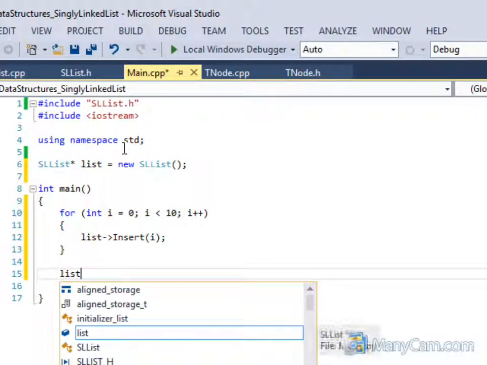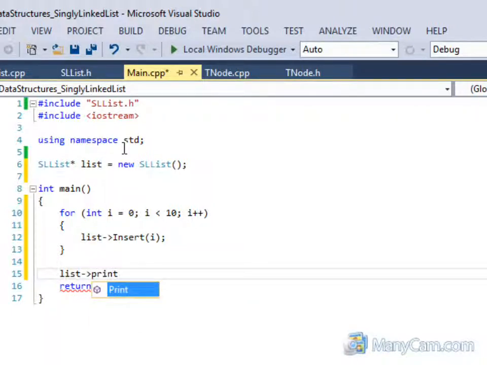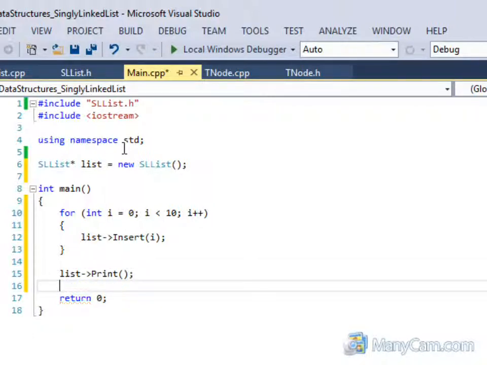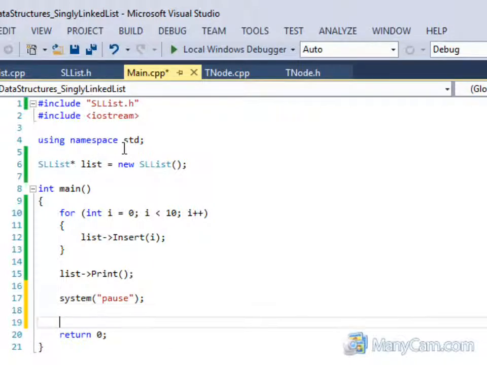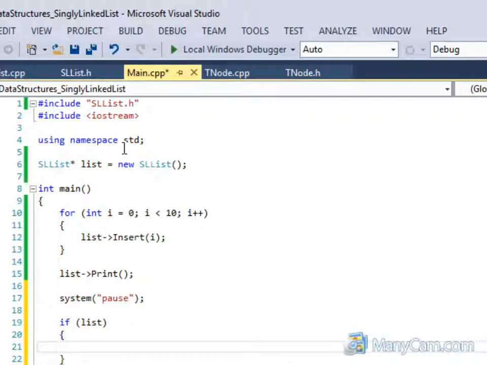So after we insert all of those, we want to print. Remember, we don't need a loop for this outside because we already have an internal loop inside of the print function. And then after that, we just pause the program so we can actually look at it. And after this, we are going to check that we actually created a list. If we did create a list and it's not empty, then we want to